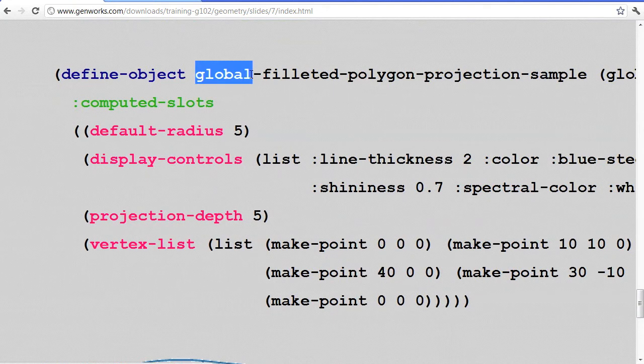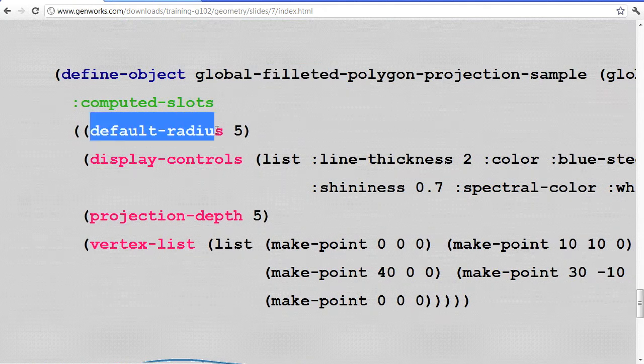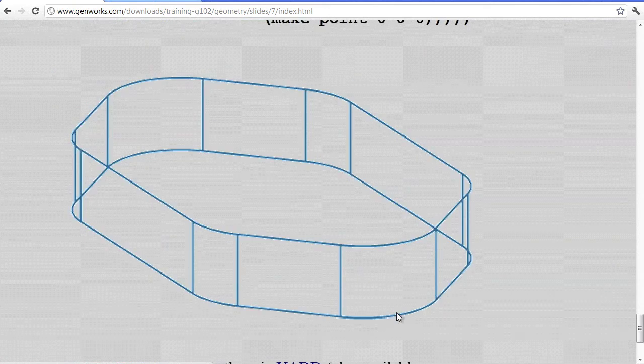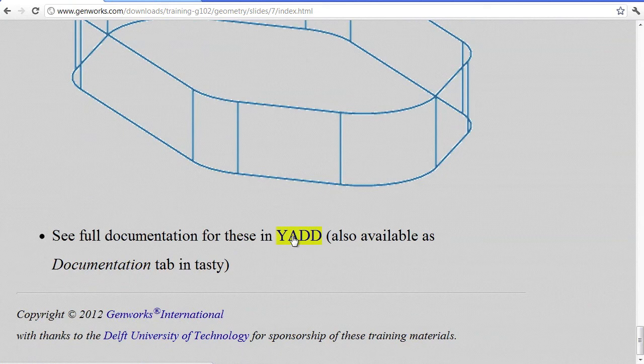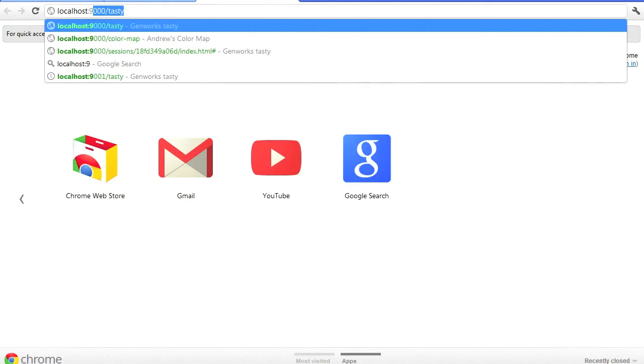That's why it's called global. It's filleted, meaning that the corners have arcs filleting them out. Radius of the fillet is specified with this default radius, and the projection depth specifies how far it projects in the given direction. And full documentation for these are in YAD, which you can see if you visit localhost 9000